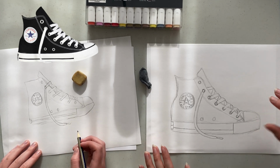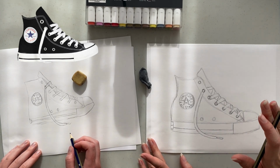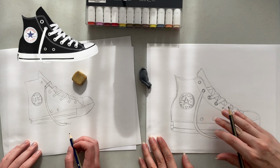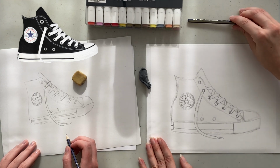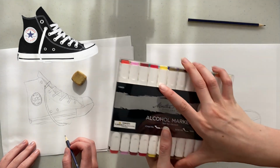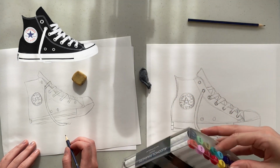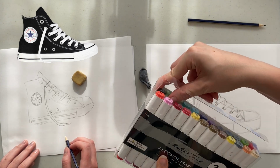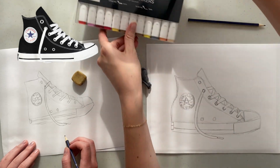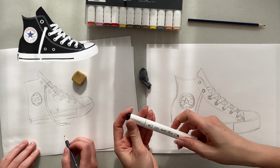All right, now that we have our sketch done, we're going to start with our outline, and then we'll be able to start coloring everything in. This is the really fun part, because right now our sketch is just okay, but we can go in with our marker. If you have a set of markers, grab those and grab a black marker. Okay, so I'm going to have Danny use this marker here from our set that we're going to be